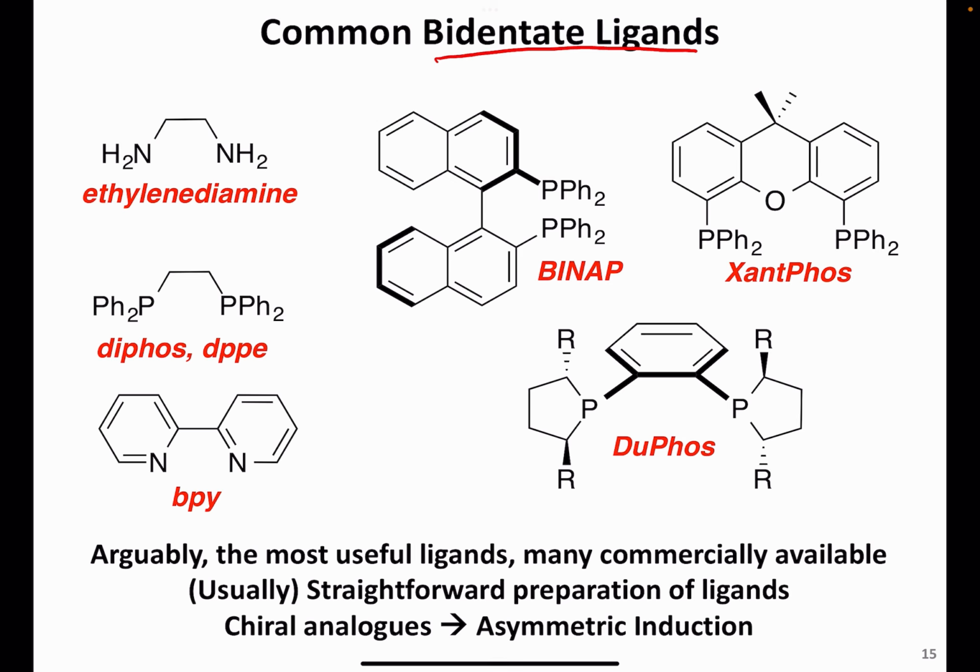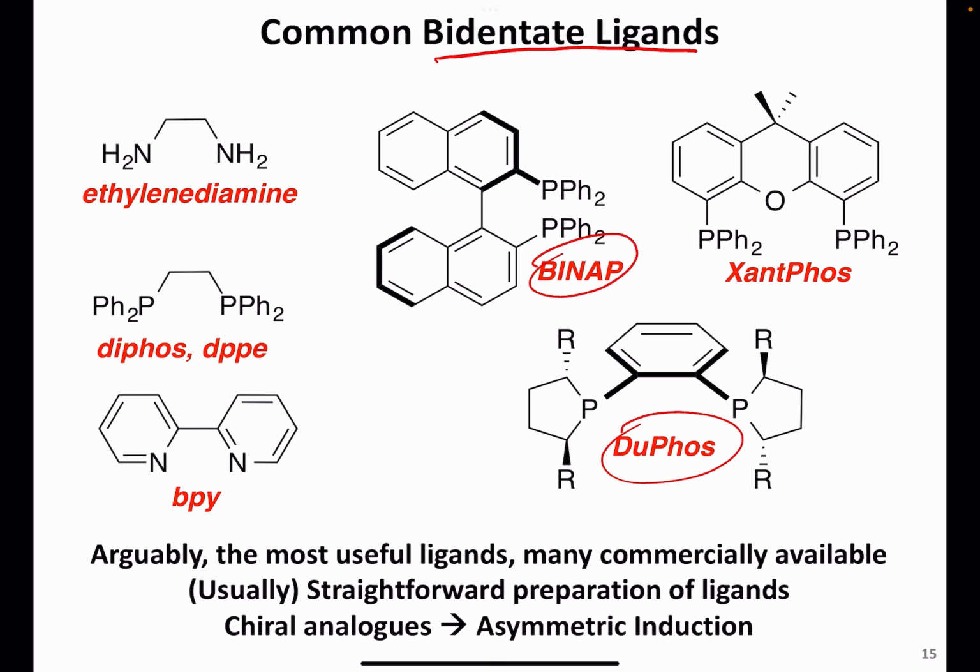And so here are some of the most common bidentate ligands. Bidentate ligands bind through 2 donor atoms. Tridentate ligands bind through 3. Tetradentate ligands bind through 4. But the most common are bidentate ligands, and many of these are commercially available. They're usually quite easy to make, and the chiral ones like BINAP and DuPhos can be used to facilitate asymmetric